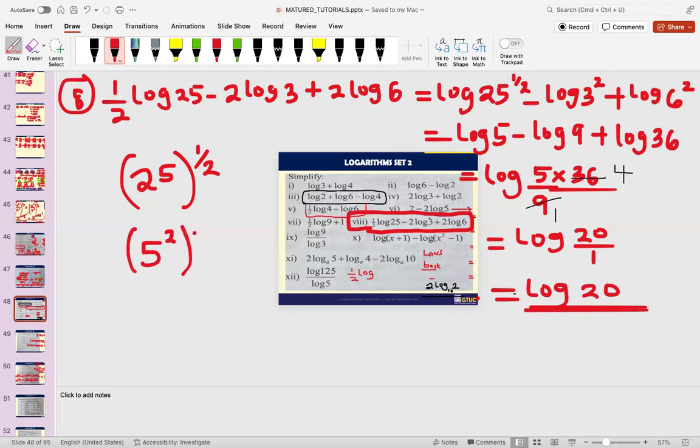So when we get 5 squared, and then we have half like this, then you remember the third law of indices. The third law of indices, we said when you have A to the power M, all in brackets, and then there's another power N at the back, the law said that we should multiply the powers. So we ended up having A to the power M times N. And if you